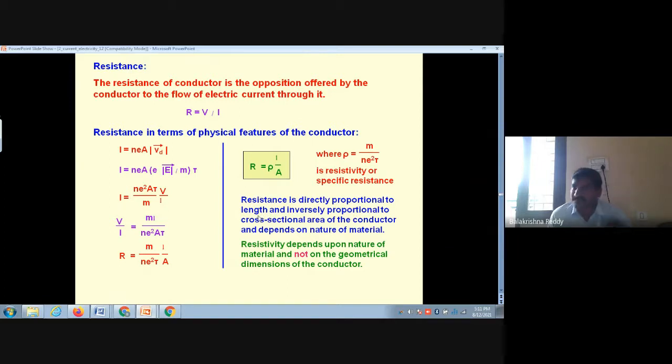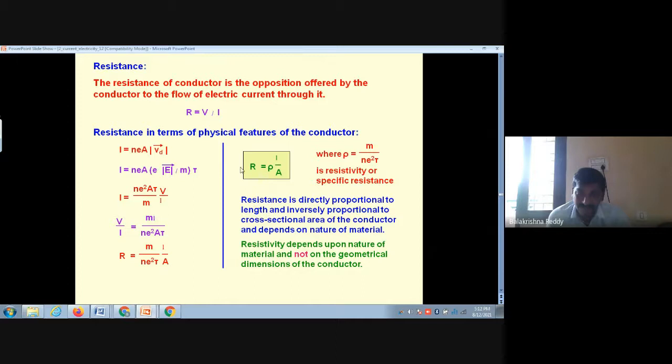How does temperature come in? Obviously, temperature affects the property. When we talk about the melting point of that particular conductor, obviously it changes, right? So it depends on temperature as well as on the nature of the material. From material to material the resistivity is different. For copper it is different, for manganese it is different, for aluminum it is different, right? That's why resistivity has another name, specific resistance.